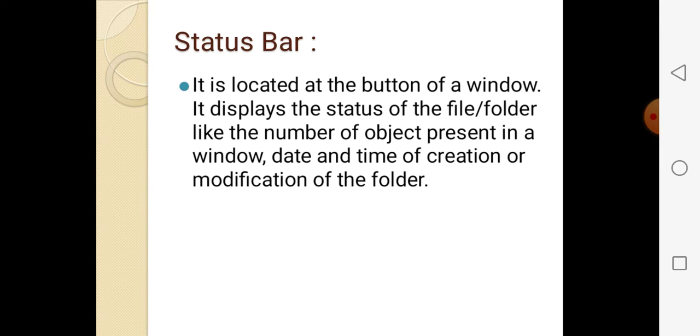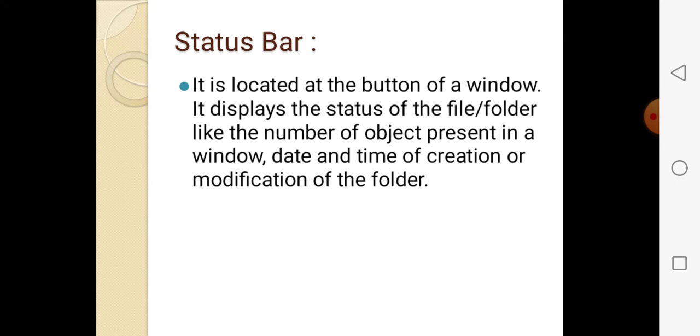What does the status bar do? Whatever work we do today, it modifies it date-wise and time-wise. This is the work of the status bar, right. Suppose you create a file and folder today, the date will automatically be mentioned in the modify field, and it shows on which day and at which time you created your file and folder. So what is the work of the status bar? Status bar works to modify the file and it will show in your folder, it comes automatically.